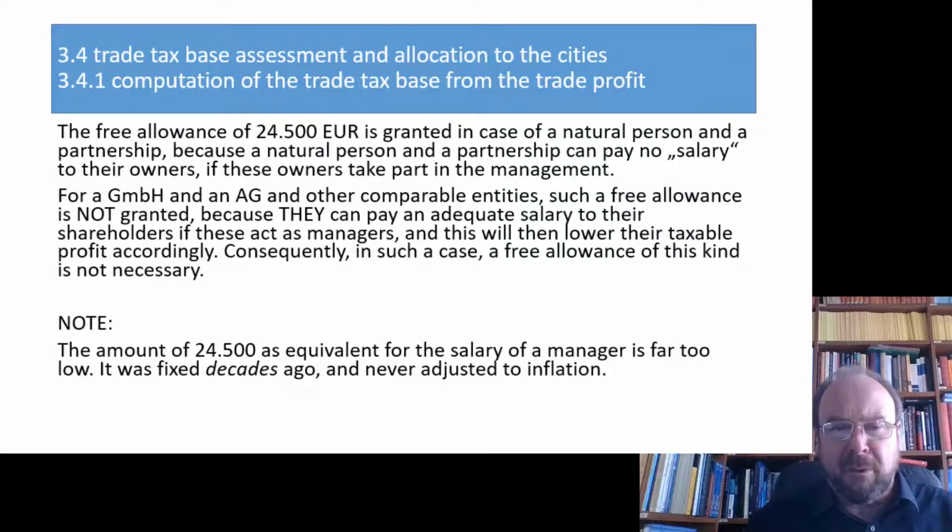Nobody is going to quarrel about a problem which you can easily avoid in a court case for 10 or 15 years, up to the highest courts, in that case probably up to the Constitutional Court, in order to get a yes for the allegation that this 24,500 is far off what it is meant to represent, and so it's illogical, unfair, and it violates equality of tax law, of taxation.